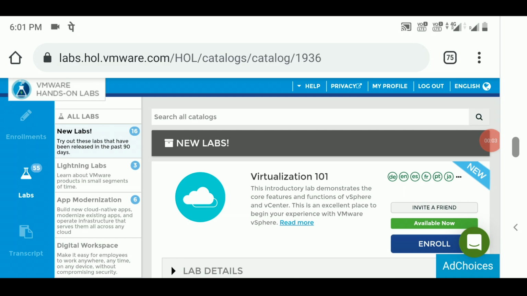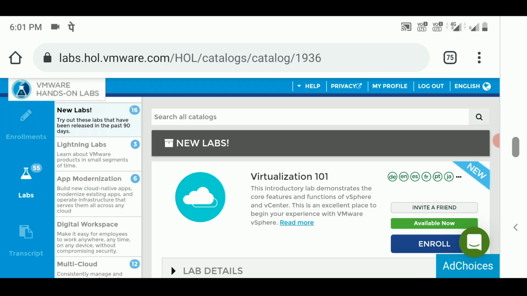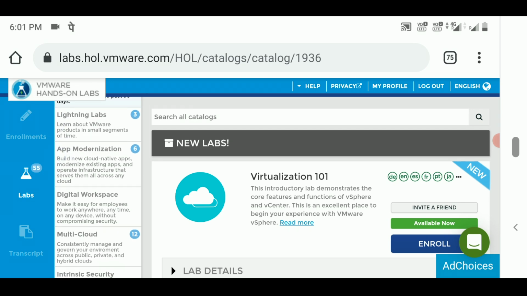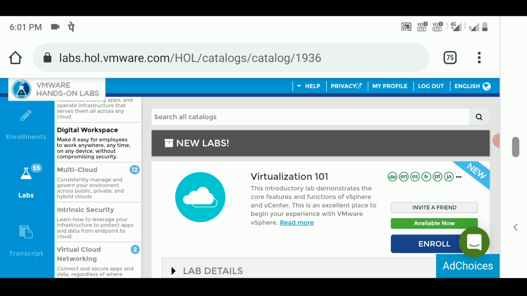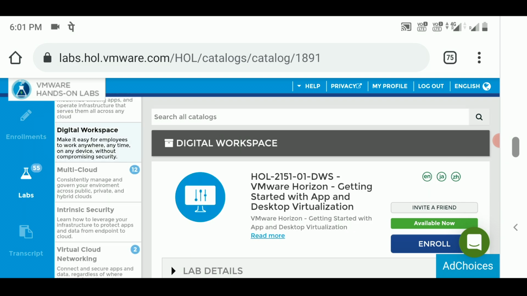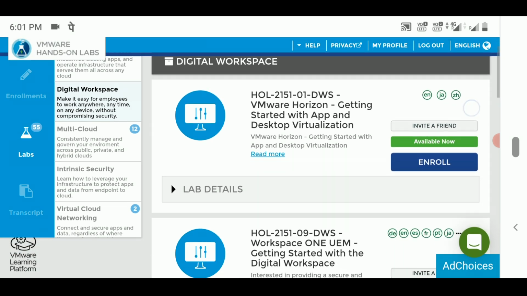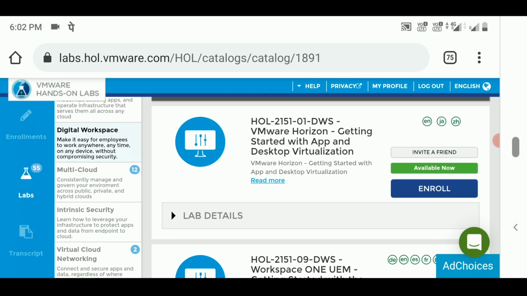So here you'll find different sorts of labs. For example, in the all labs section, you'll find the lightning labs, the app modernization lab, a digital workspace, and the multi-cloud. Basically each lab is a different cloud computer, and it comes with pre-installed software related to that specific lab. For example, if you click on this lab detail,